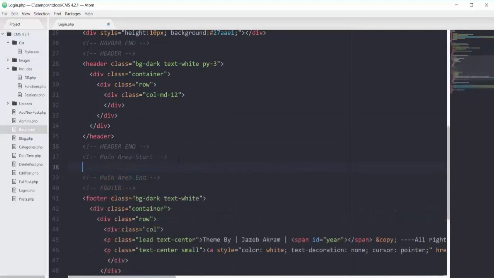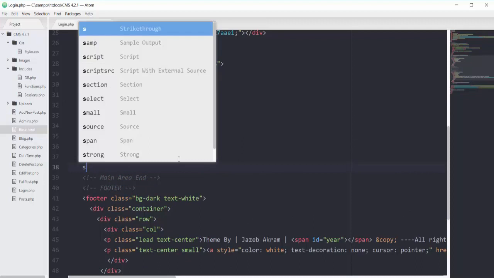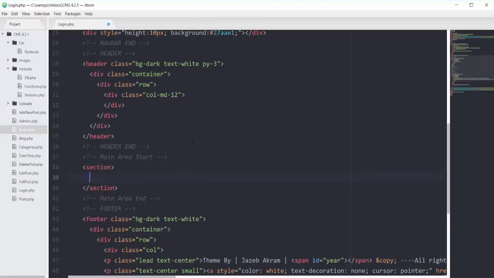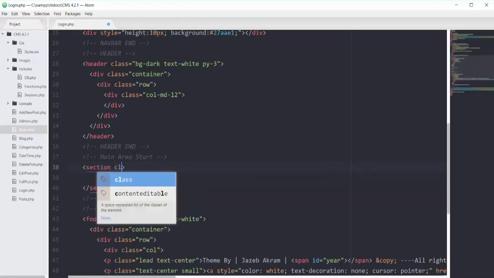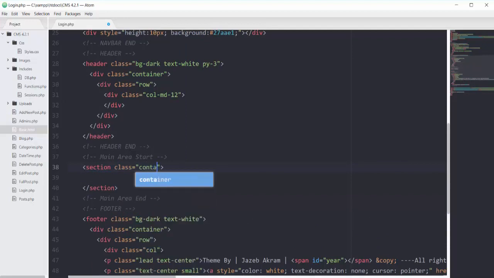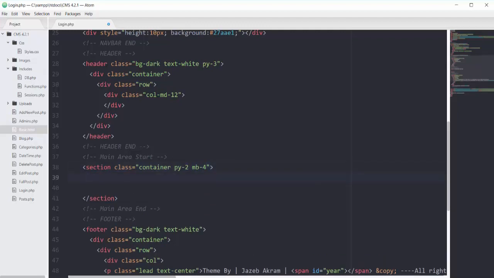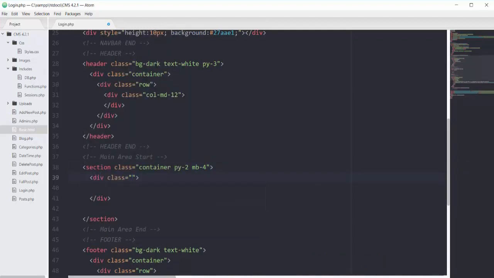So starting this main area with one section, and that section will have a bootstrap class of container, and let's give it some padding on the y-axis. So adding the padding, and let's also give it some margin bottom of 4. And inside this section we will have another div with the bootstrap class of row, and then inside this div